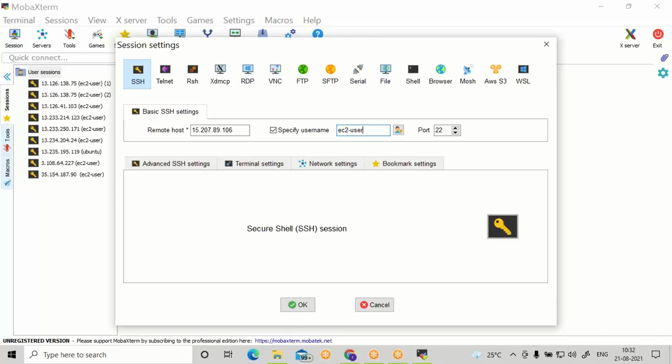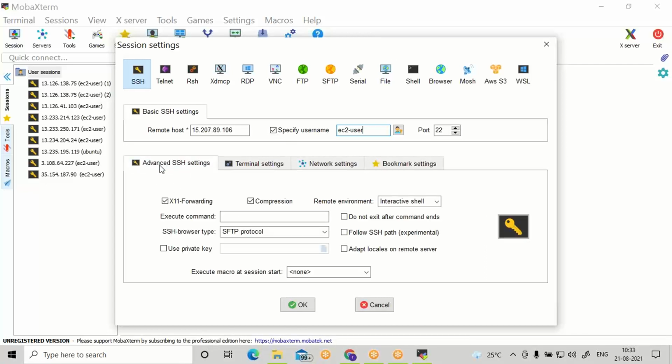This is the default user for the systems we create in the cloud. Then come to the advanced SSH settings.